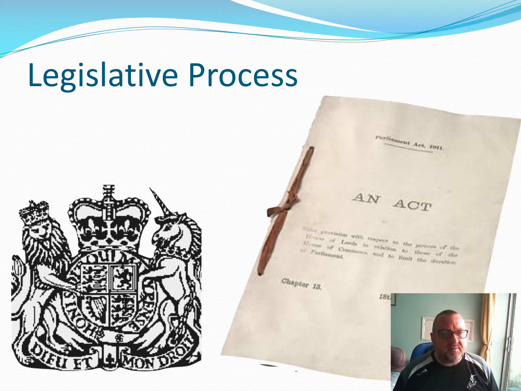Hello, I'm going to take you through AC 1.1 of Unit 4, which is the legislative process. When we're talking about the legislative process, what we're talking about here is how laws in the United Kingdom are made, the process by which something comes from an idea into becoming a law, also known as an